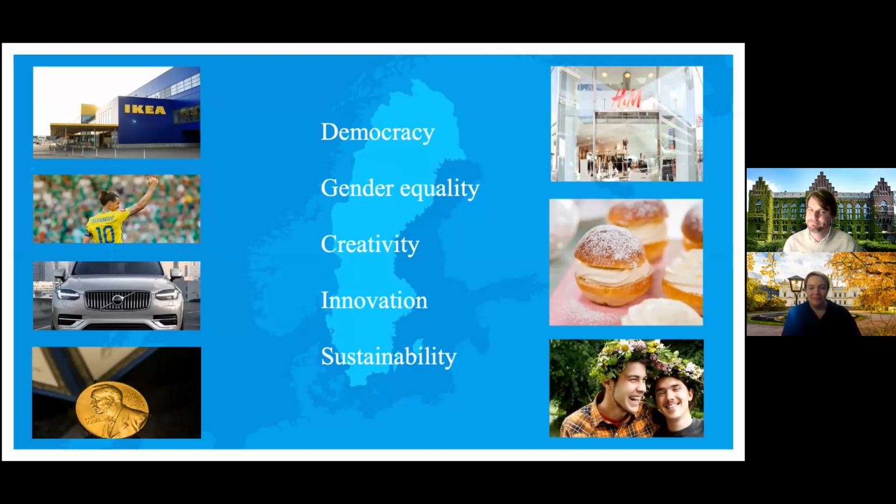And if you look at the screen here, you will notice a selection of iconic products and cultural items from Sweden. In the top corner, you can see IKEA, which is a furniture store featured in most countries across the globe. That is an innovation that has come out of Sweden. Some other very famous Swedish brands are H&M, the clothing outlet, and Volvo, the car manufacturer as well.